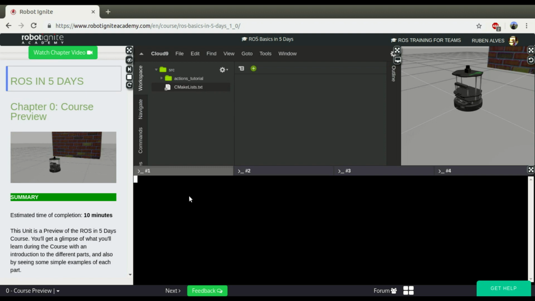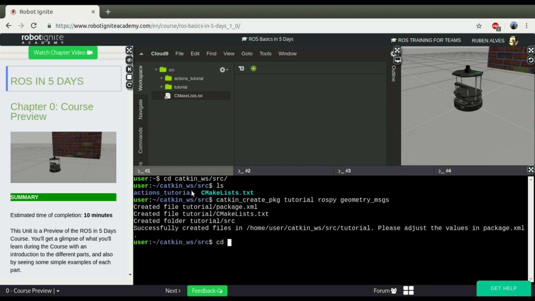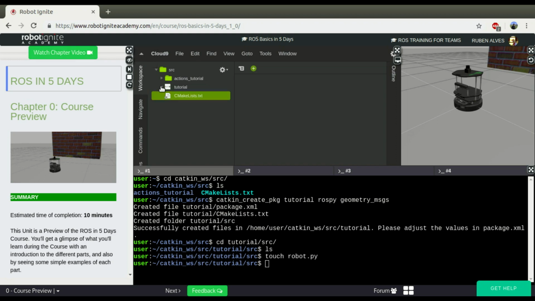Let's wait until the shell loads, and here we have it. Let's enter our Catkin workspace, and I'm going to create a package with catkin_create_pkg called tutorial, which depends on rospy and geometry_msgs. Okay, let's enter the tutorial source folder, and let's create a file called robot.py, which should have